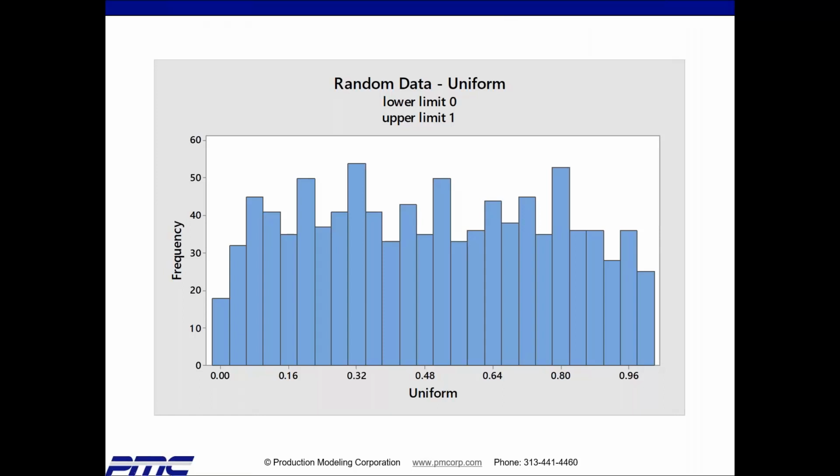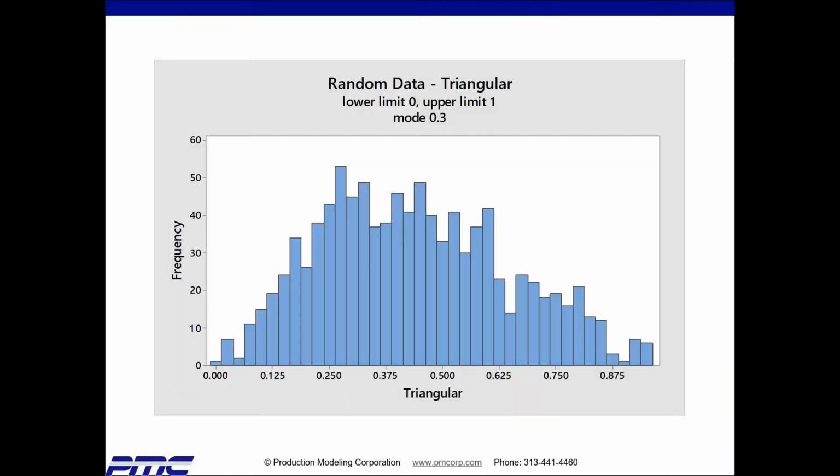Now, there's what some uniform data might look like. And we encourage, when we're working with our clients, here's the example of a distribution we're thinking of using. Does this make sense to you? That type of communication, as the model building process goes along, is extremely important in building model credibility. First, the model has to be verified. Is it debugged? Then it has to be validated. Is it an accurate reflection of the real system?